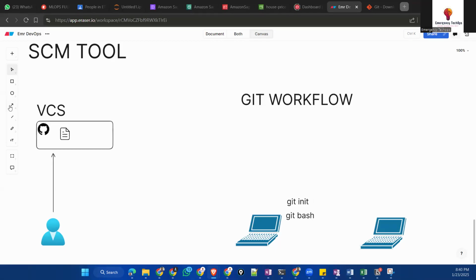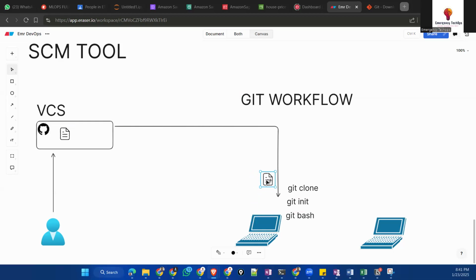And then you have to run a command, git clone. What happens in git clone? Whatever file is here, the original stays, but a duplicate is downloaded to your laptop.